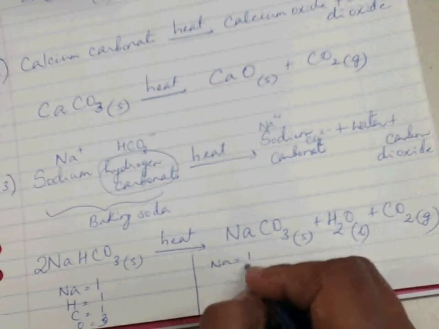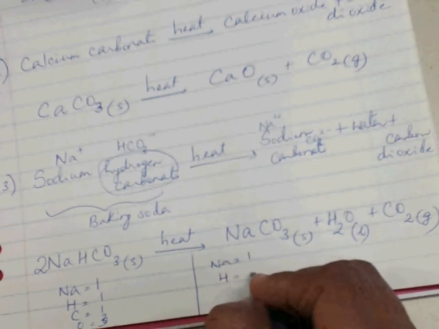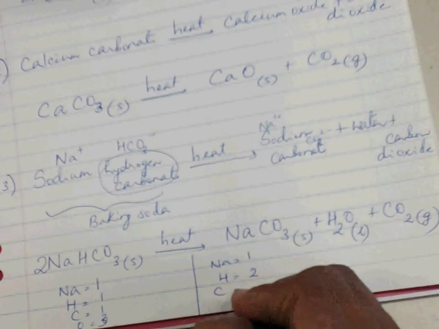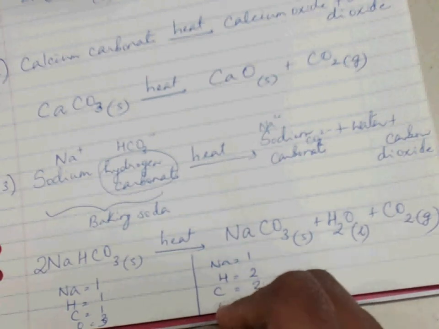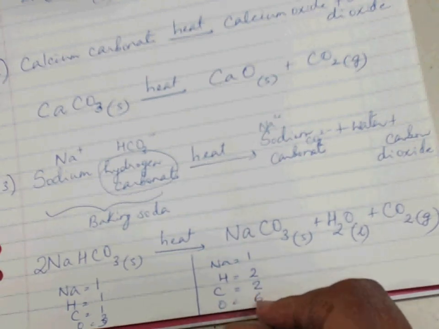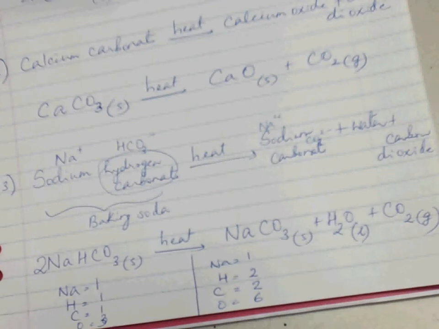Na on this side was 1, hydrogen was 2, carbon was 2, and oxygen was 6. So if I put a 2 in front here, it makes it 2 hydrogens, 2 carbons, 6 oxygen, but